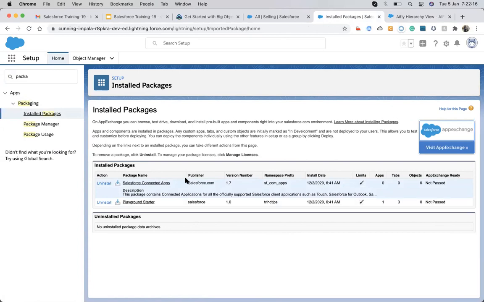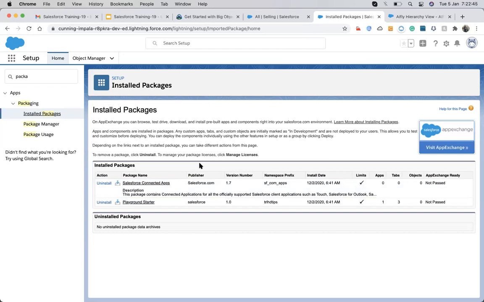You also have to know what managed and unmanaged packages are. Managed packages are privately secured, which means the company that developed the managed package is restricted from seeing any of its configuration or code, because you can't see anything in a managed package. But in unmanaged packages, it's more like come, contribute and build.